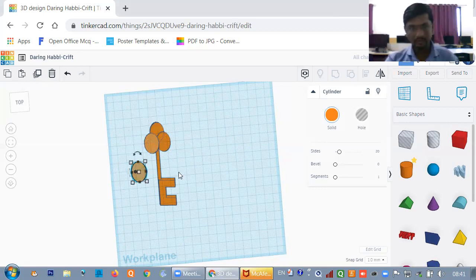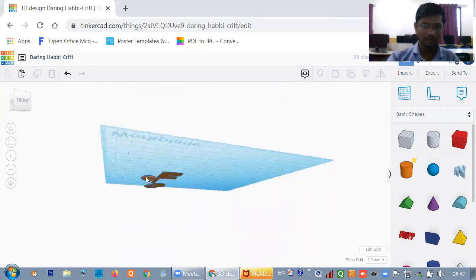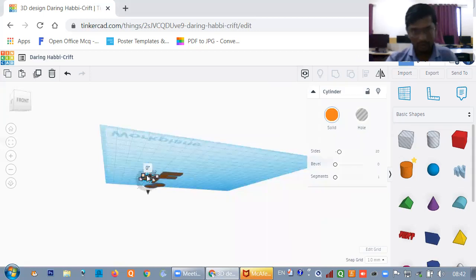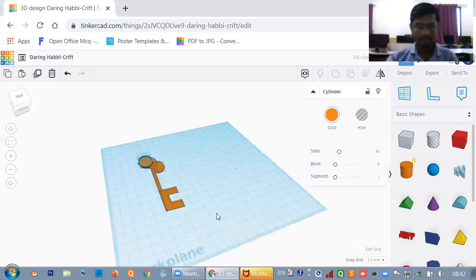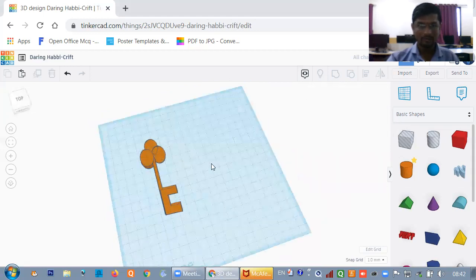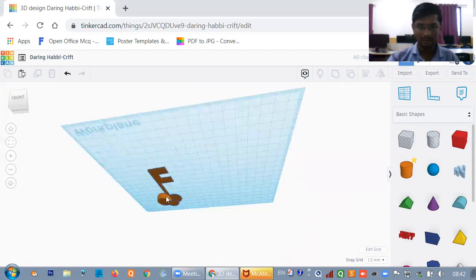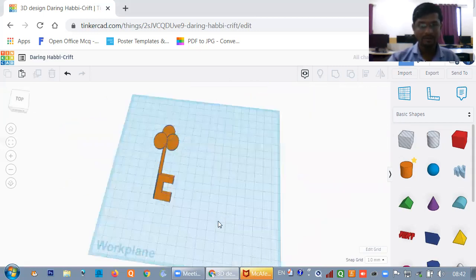Now delete it. Now something will be wrong, it is getting different. You can put the downside and pull this like this. Now everything is clear. Push the downside upside, and you will get the design like this.